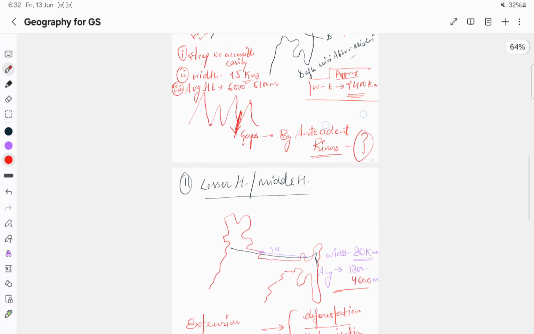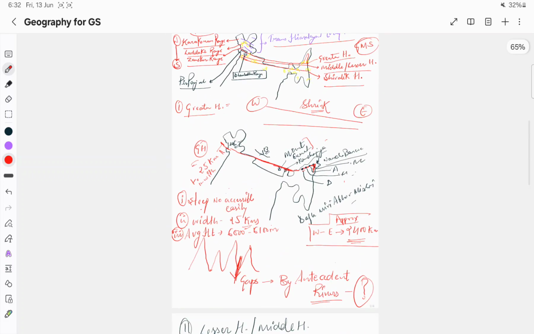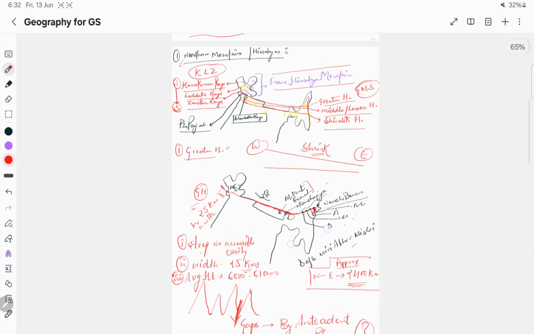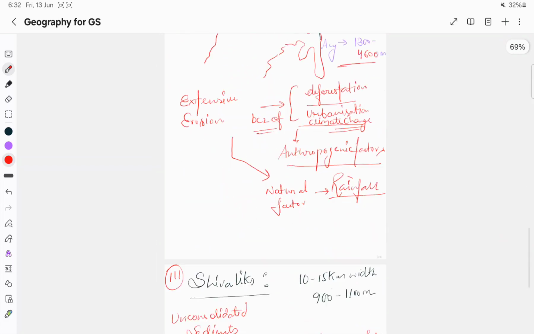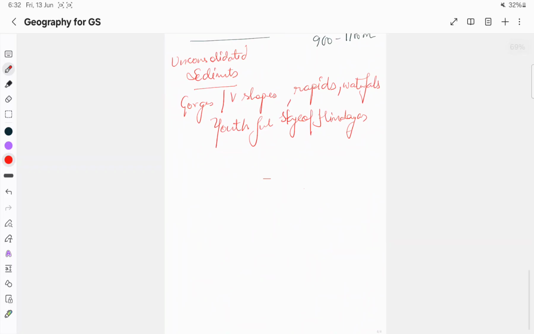we will be covering it from the next lecture via a map. The rest of the other physiographic divisions will also be covered with the help of maps. We are going to cover these in a few lectures, then we'll be done with the Indian physiographic divisions. Then we'll start with